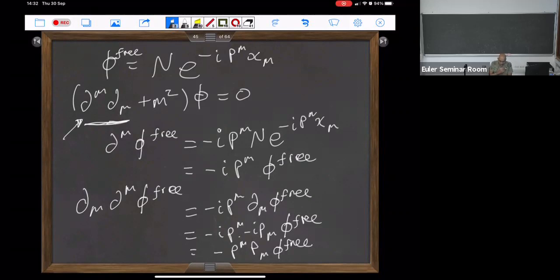an operator. And so what this shows is that phi free is an eigenstate of, I mean, classically, let's say, an eigenvector of d mu with eigenvalue minus p mu squared, which is minus m squared phi free, and therefore satisfies the equation, because then this term cancels with this term. So this is why this type of solution is part of the reason why this solution is considered to be a free particle